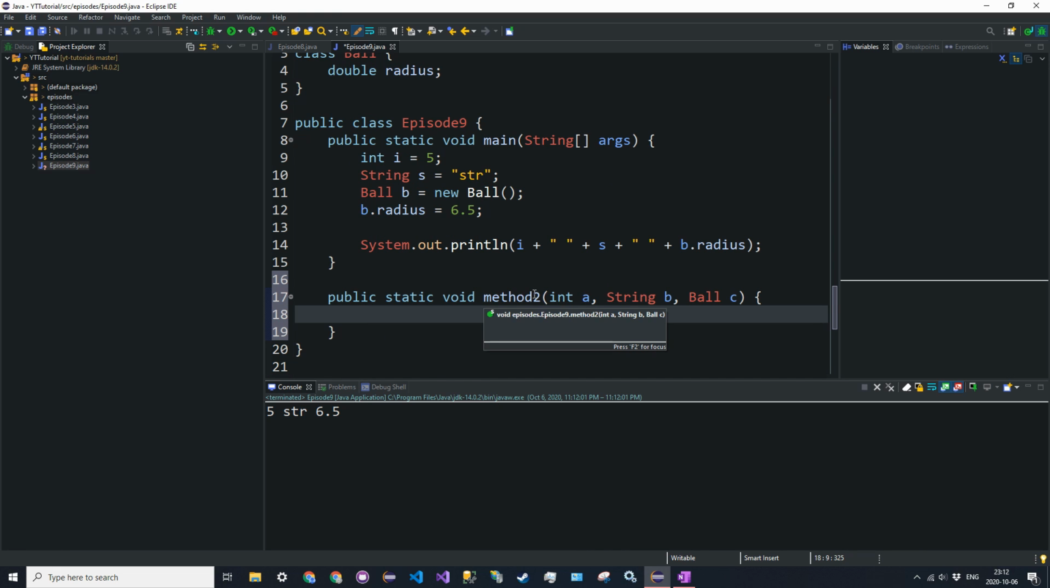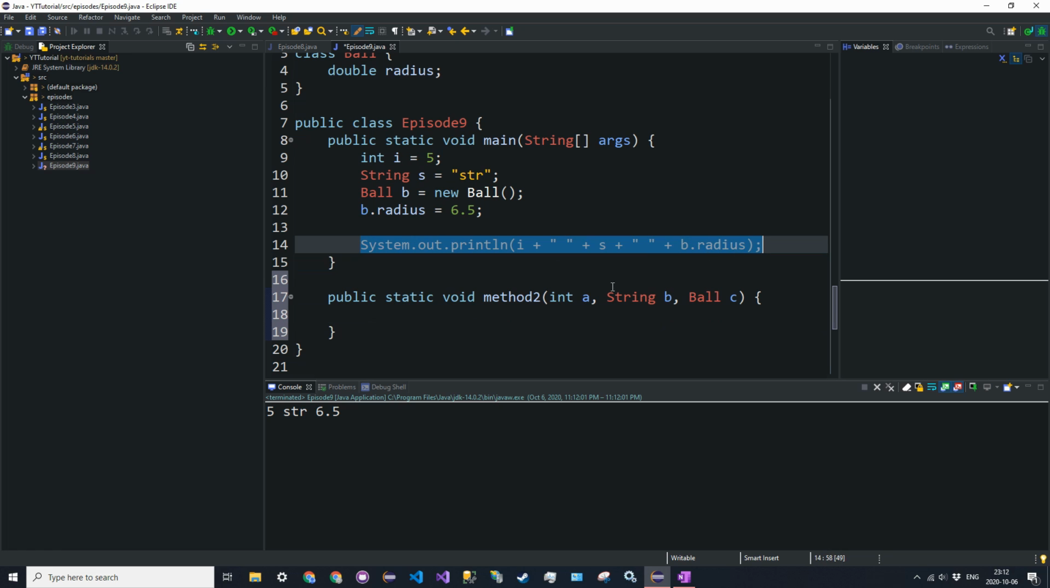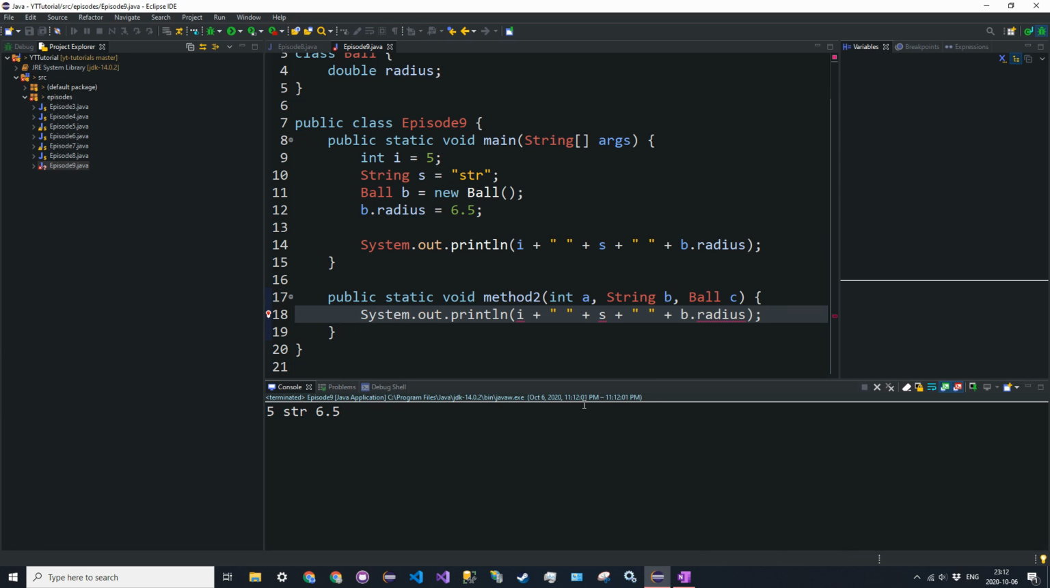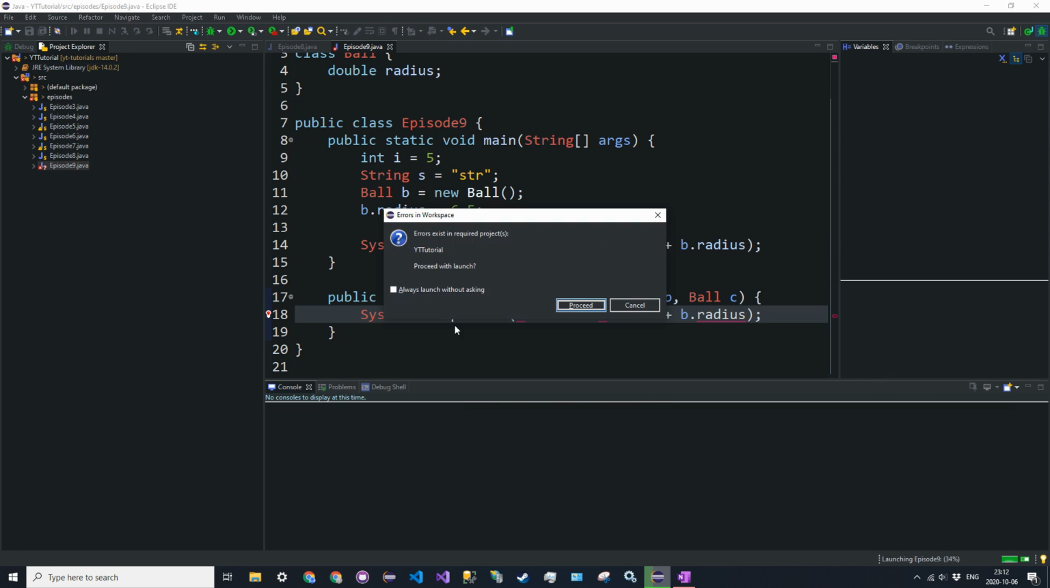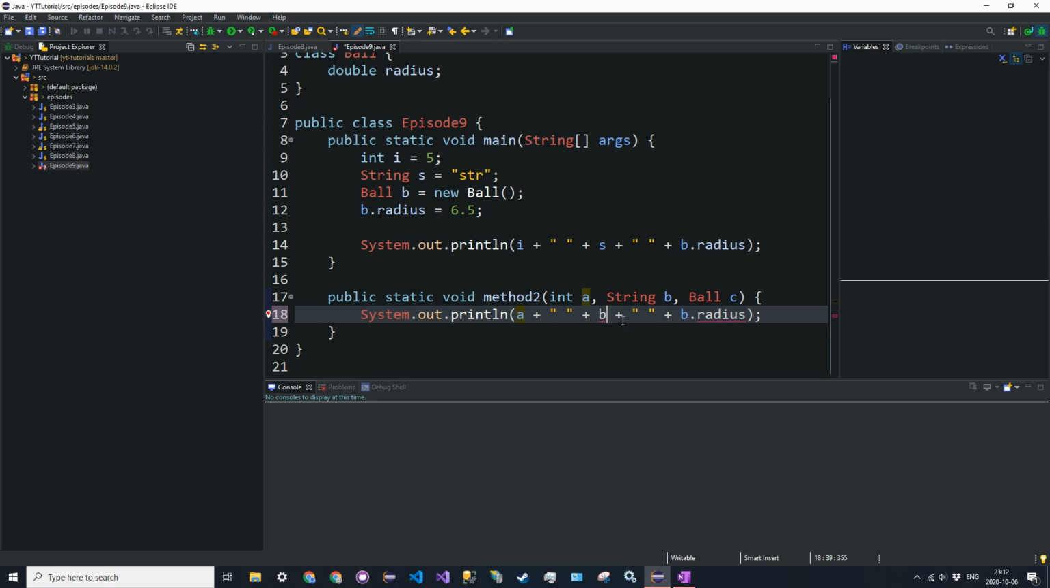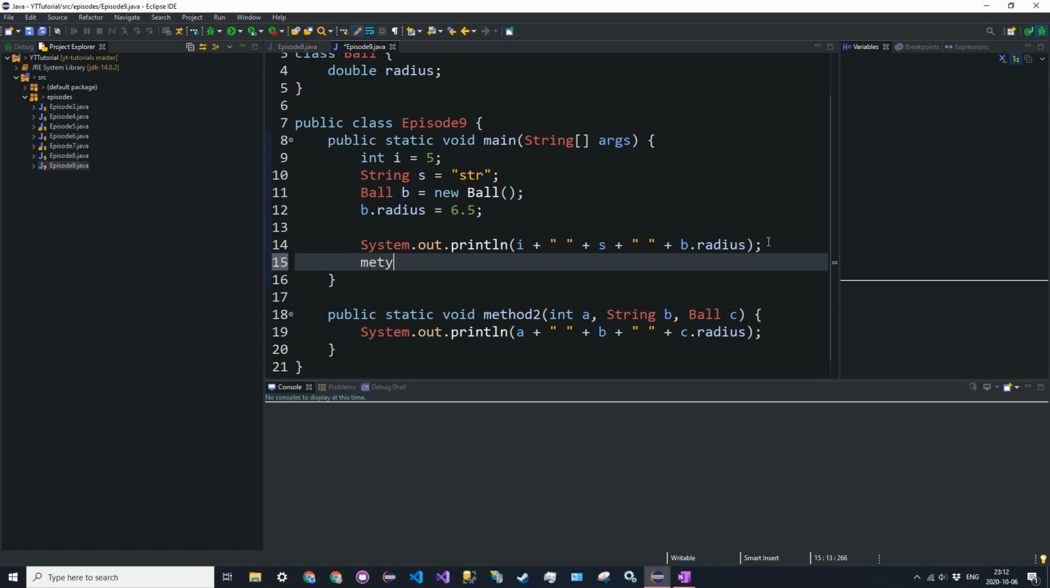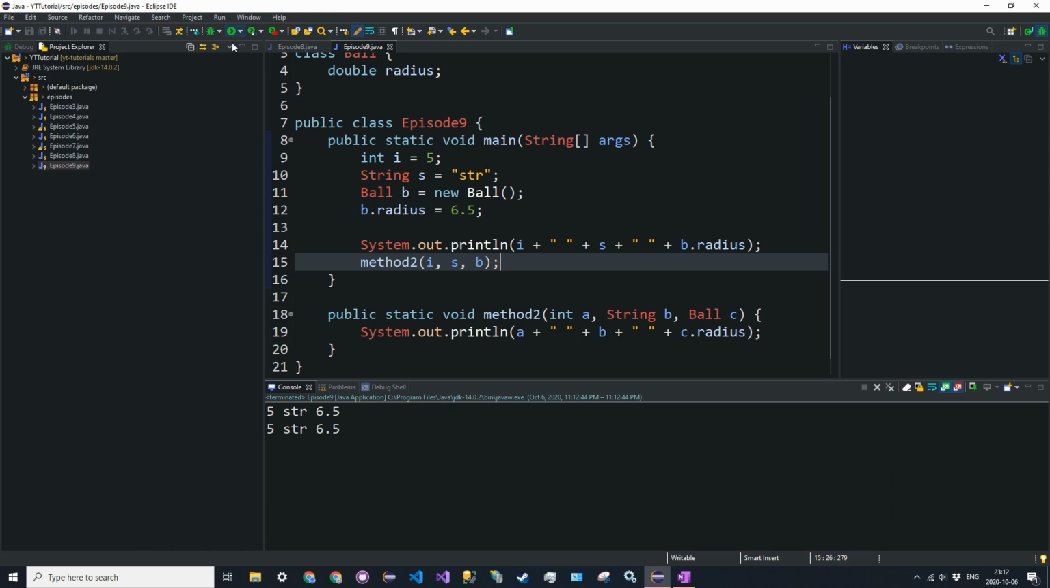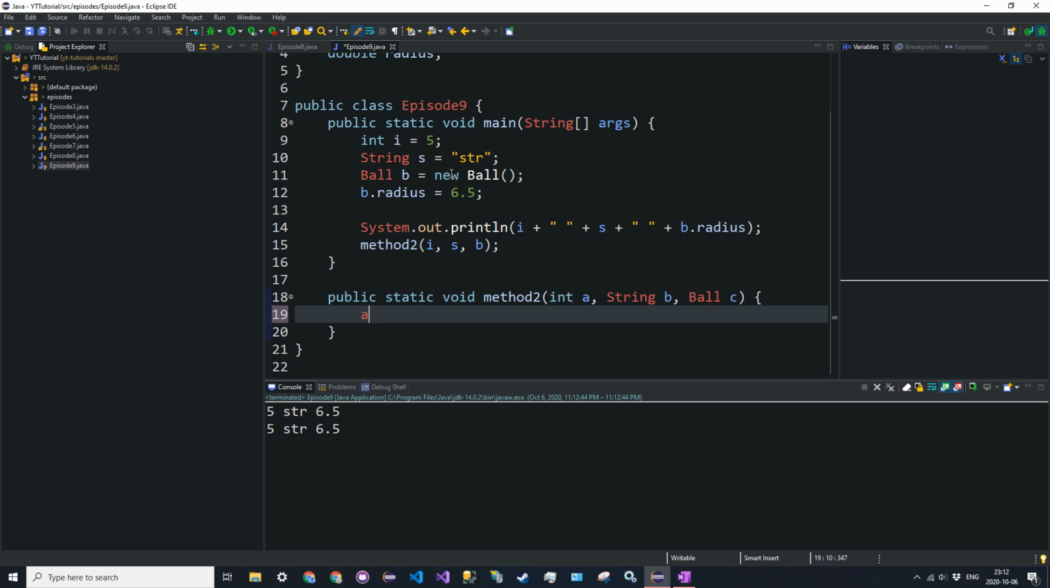And let's print this out again. I'll just copy the print statement and put it in the method just to show you that we have the same things. These are different names, a, b, and c. Oh, I need to call the method too. So pass in i, s, and b. And we get the same thing. So that's expected, really. Now let's modify the values in the method. So let's say a minus equals